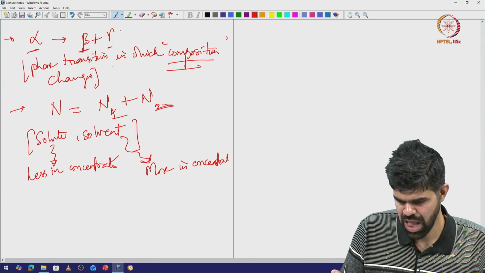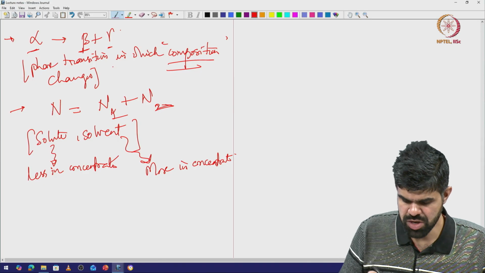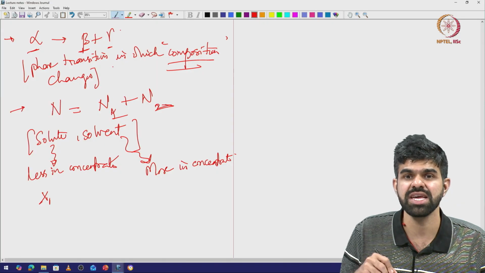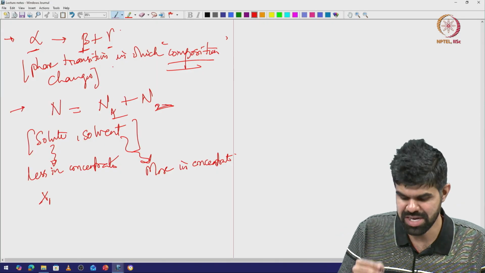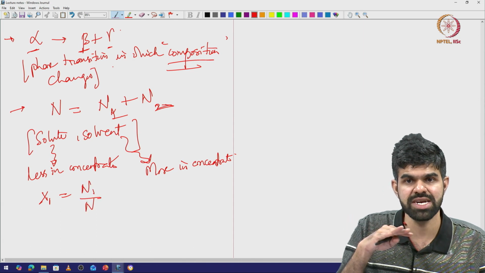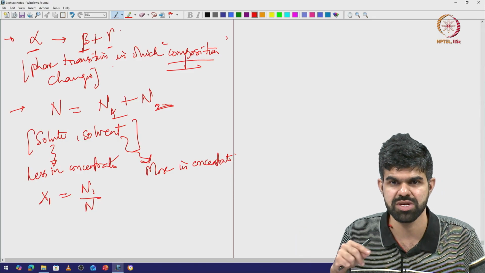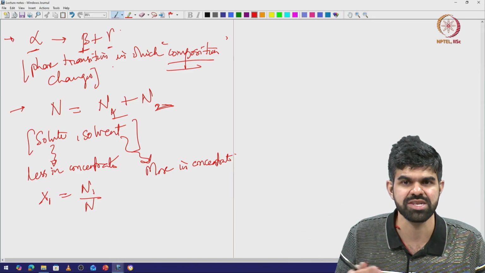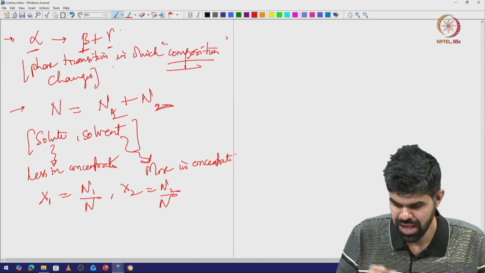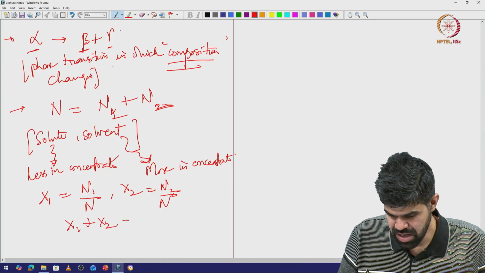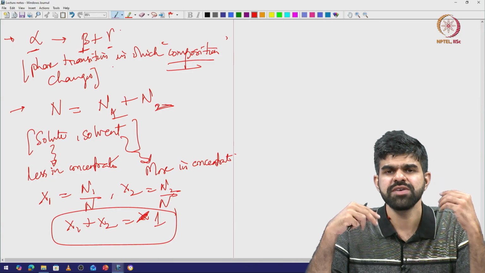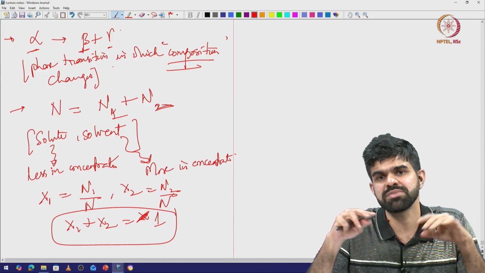And from here on we are going to look at x1, the atomic fraction or mole fraction, which is equal to n1 by n. So, these are the units in which we are going to dictate how concentration or composition changes, not weight fractions, we are going to look at atomic fractions or mole fractions. So, x2 is equal to n2 by n, and we have x1 plus x2 equal to 1. So, now instead of saying that I am adding more molecules, I am subtracting some molecules,